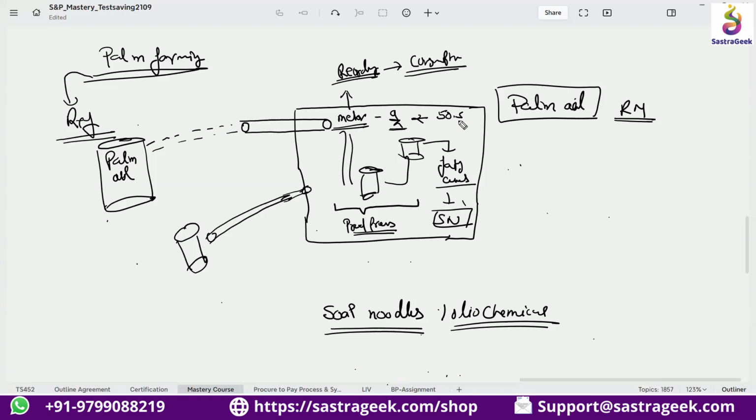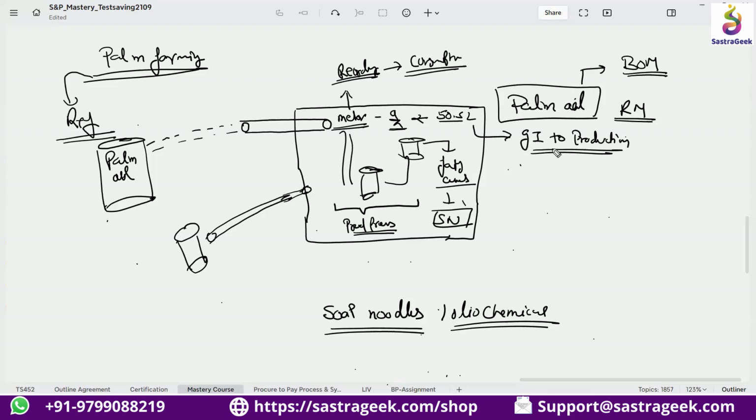Then the system automatically notes, or the user will note down, that 50.5 liters of this palm oil I have used for this production. Then he will directly do the entry, that is the goods issue to production. This palm oil is a part of the bill of material.